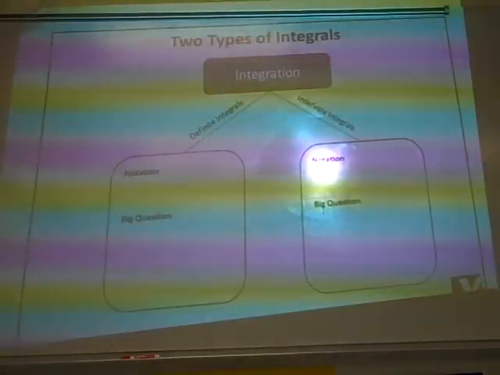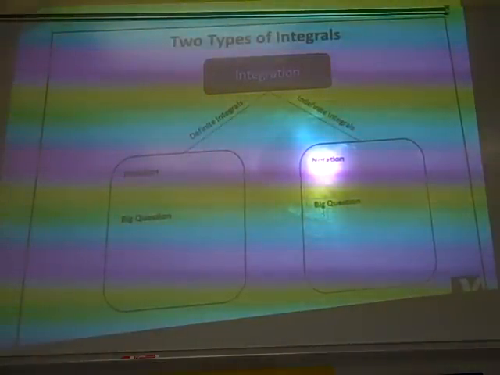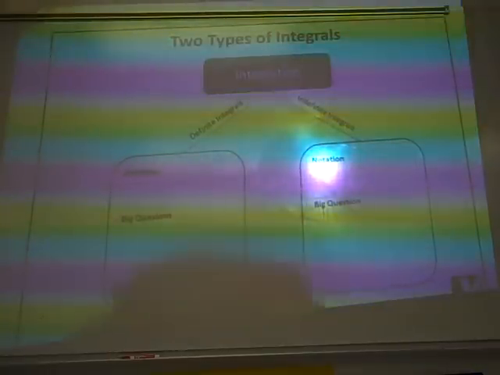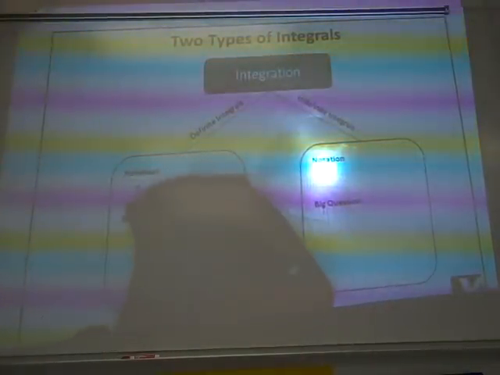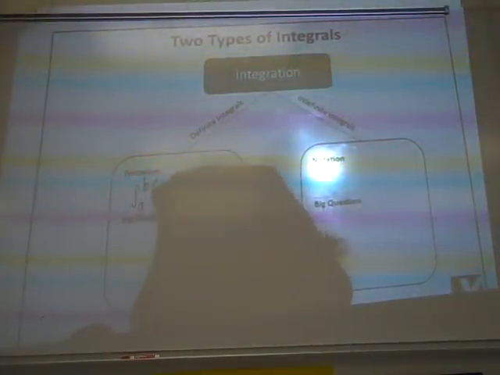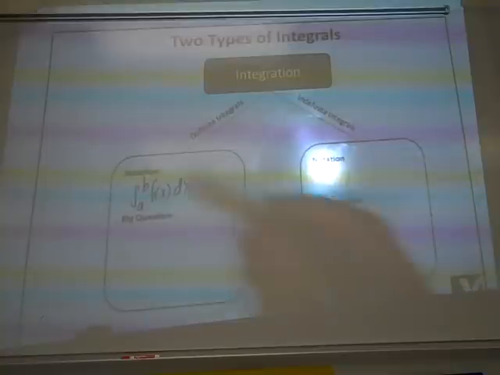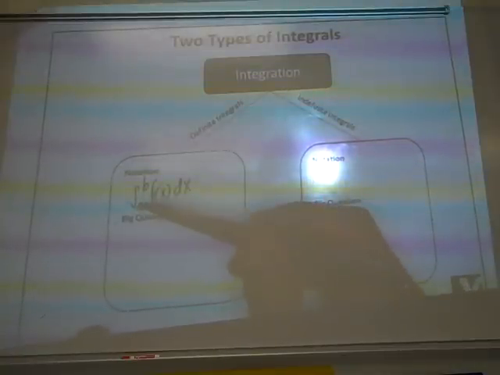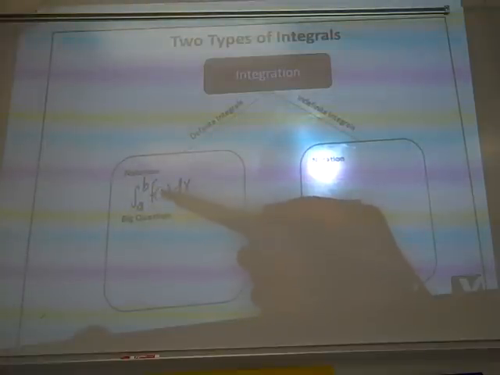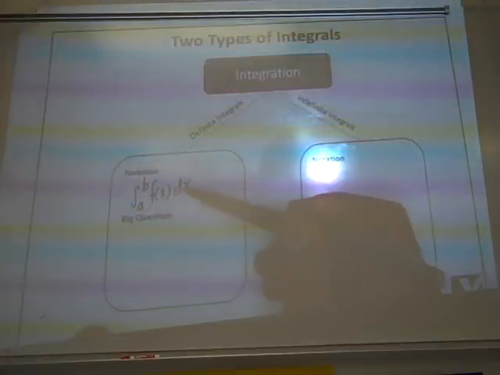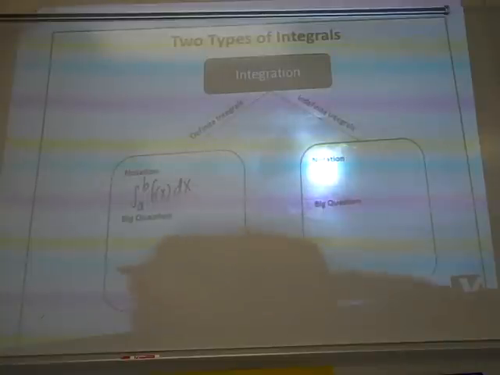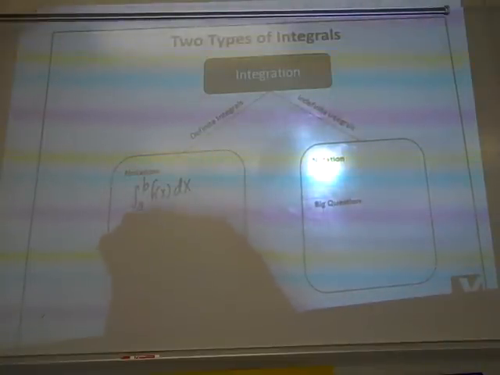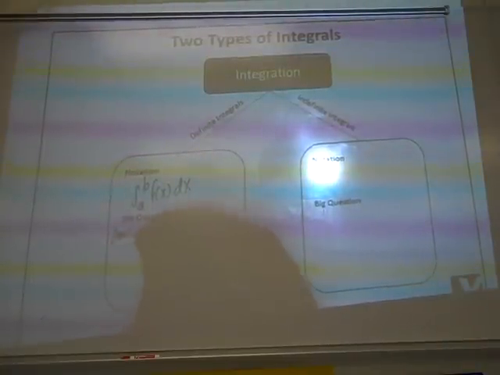At the very start of the unit, we actually are introduced to two kinds of integrals. Up until this unit, the only integral a student has ever seen is called a definite integral. We are used to seeing the integral sign with a lower limit of integration and an upper limit of integration. We're integrating a function with respect to x. And the big question being asked here is usually how much area